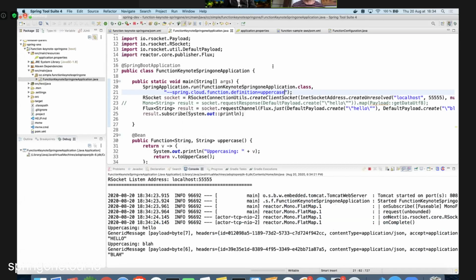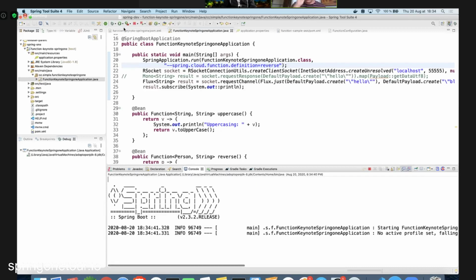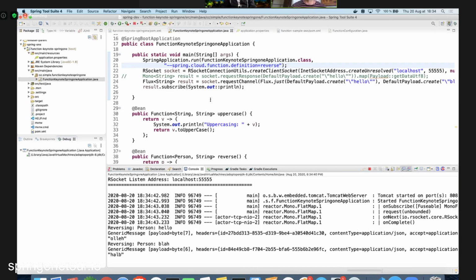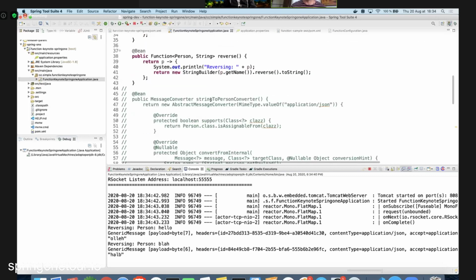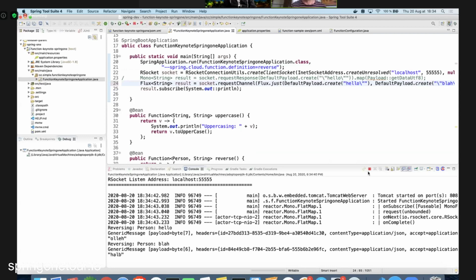Now I'm going to change it to a separate function, reverse, and run it again, and things will of course break, but for different reasons. Oh, they didn't break. Well, that's interesting. Oh, yeah, I understand why. Let me try to break it, actually. I wanted it to break, but